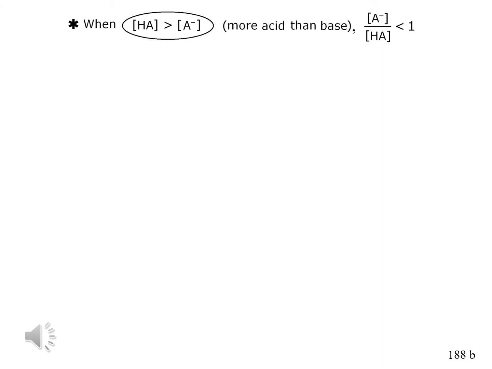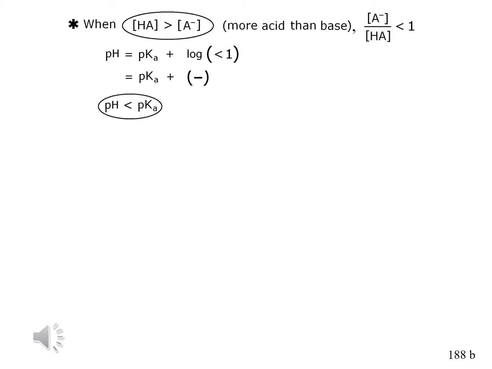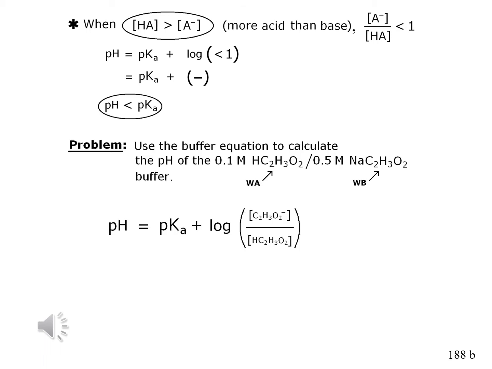If you use more acid than base, now the bottom number is bigger than the top, and that will be less than 1. It will also be positive, greater than 0, because there's no such a thing as a negative concentration. So these are numbers like 10 to the minus 3, 10 to the minus 7. If you take the log of a number that's less than 1 but greater than 0, that is going to come out negative. So again, we get the result we expect. If you use more acid than base, you would expect the pH to go below the pKa. That verified that the equation makes sense